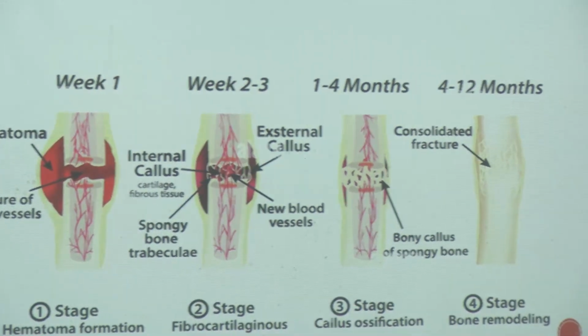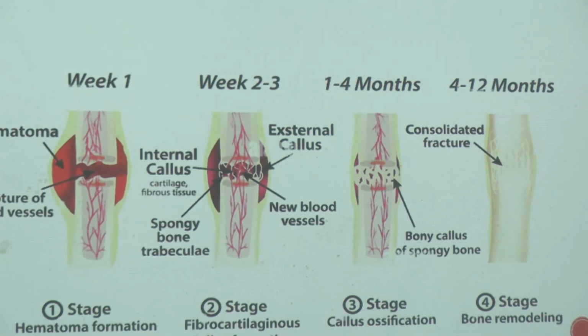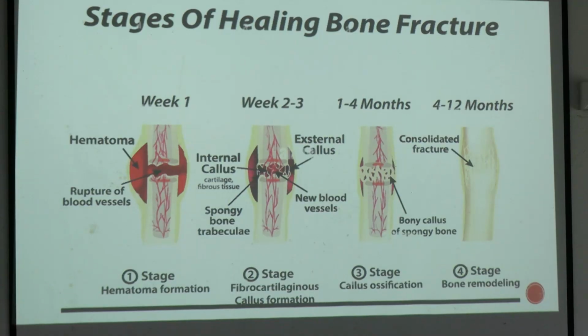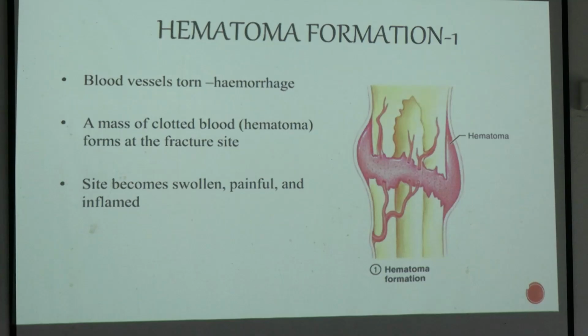What is the process of your fracture healing? This is a diagram again which is showing you that in the first few days you will get hematoma formation with the release of inflammatory factors, then formation of granulation tissue, then formation of soft callus, followed by hard callus, and last there is the stage of remodeling. This stage of remodeling can happen from months to years.